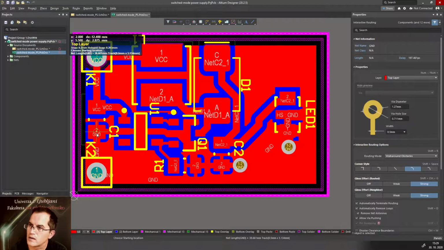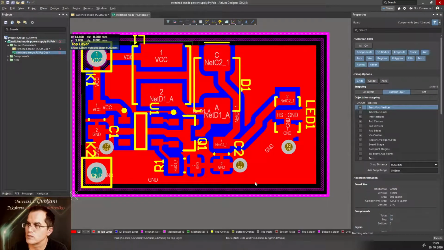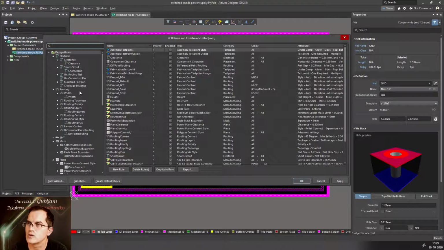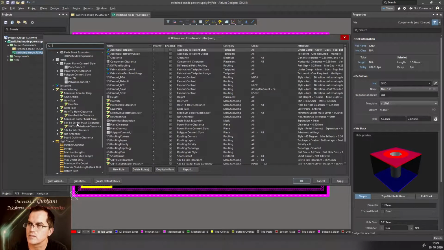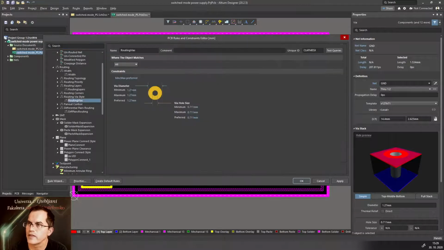And there. Maybe I can make smaller wires, which will be also useful. So I will go to design rules. In design rules, I will actually make wires smaller. So I will go to the routing wire style, and I will choose minimum of